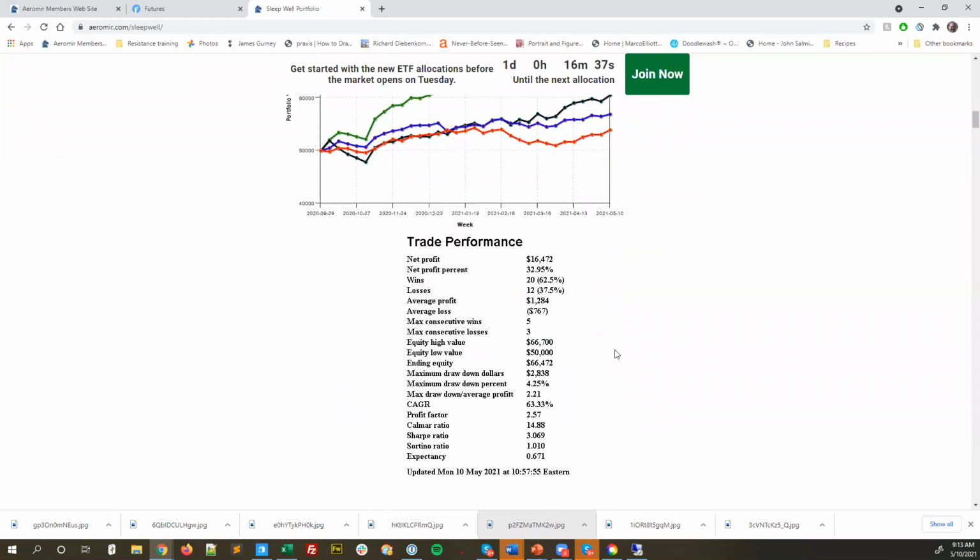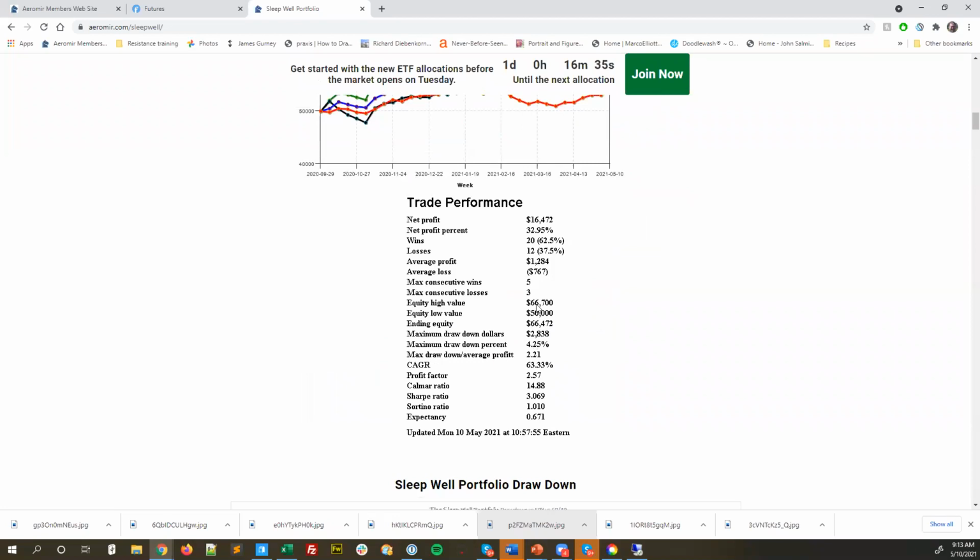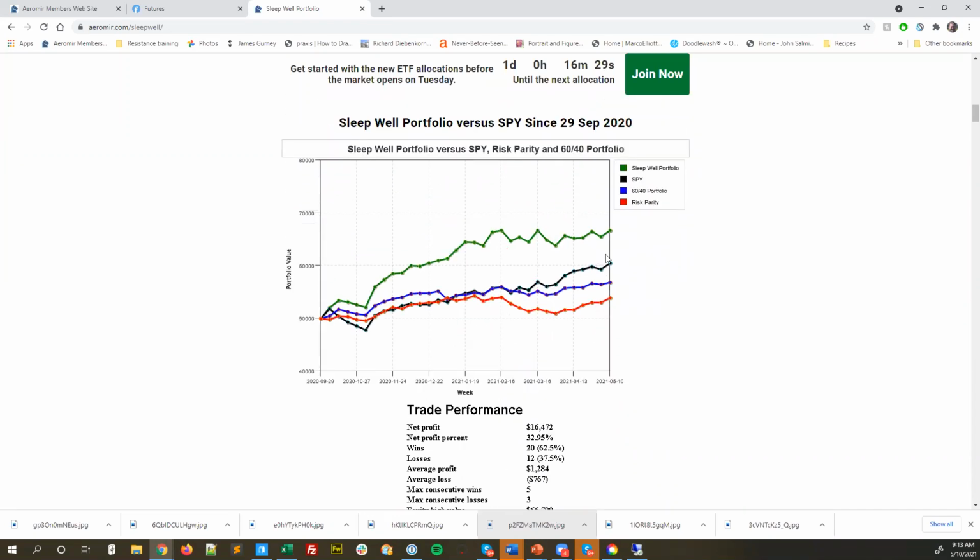Yeah, it looks like you're right near the all-time high. The high value was only like $230 away from where you are right now, so you can see that on the chart. Yeah, we are up there. We are close. So we actually tapped it a couple weeks ago, and then I think we tapped it again last week.